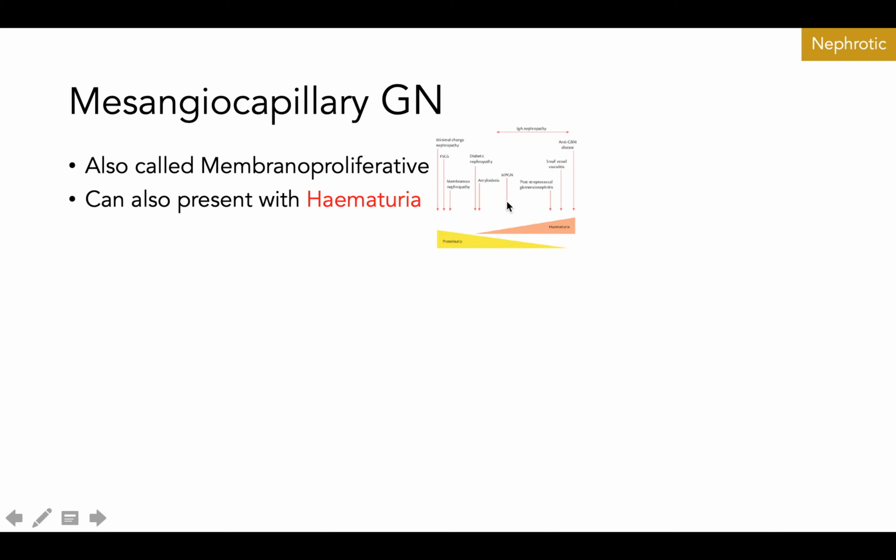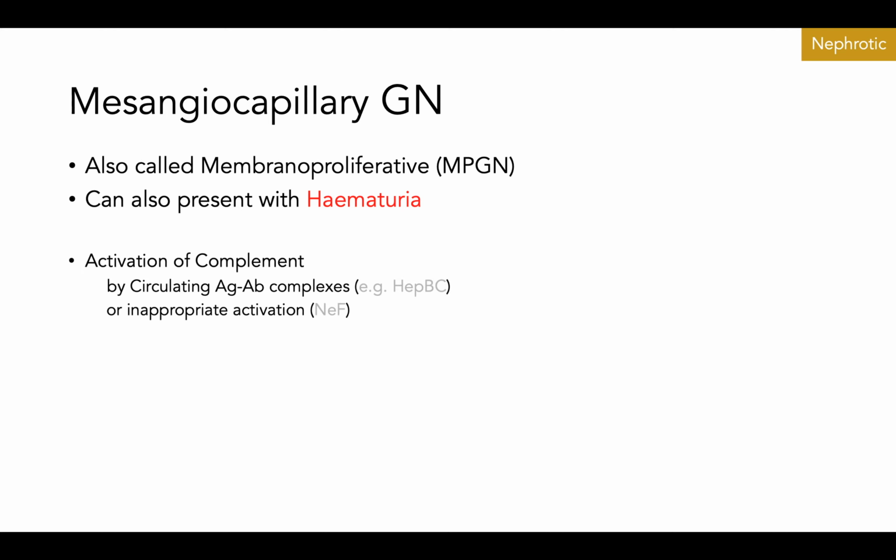The reason that it appears here in the nephrotic category is that although there's blood, it does present with the classic triad of nephrotic syndrome, so it qualifies as a nephrotic syndrome. The key feature of MPGN is activation of the complement cascade. I don't know how much you guys remember or like the complement cascade, but essentially it's a bit like the clotting cascade. It's a cascade of proteins, the end result of which is a protein shaped like a donut with a hole in the middle,